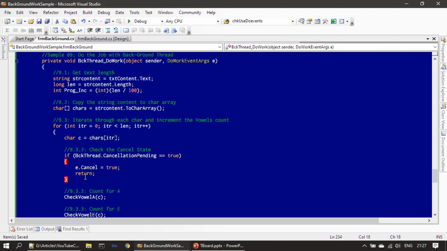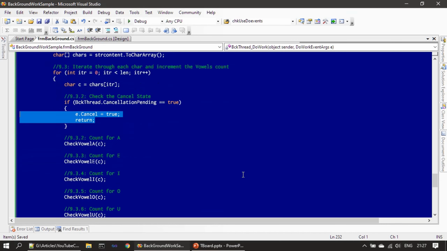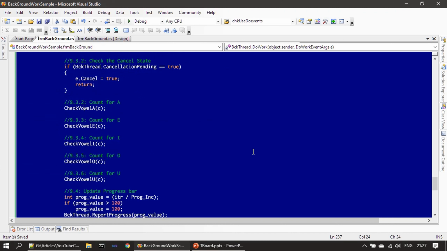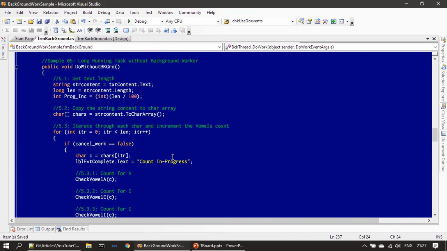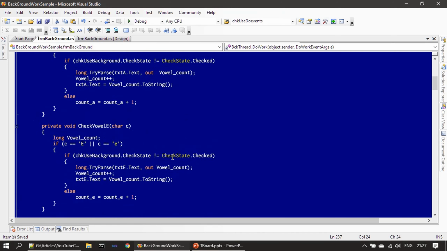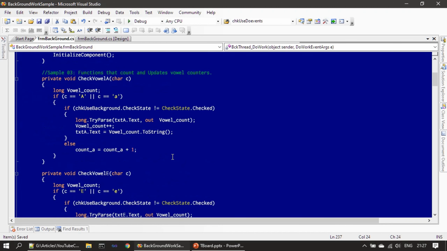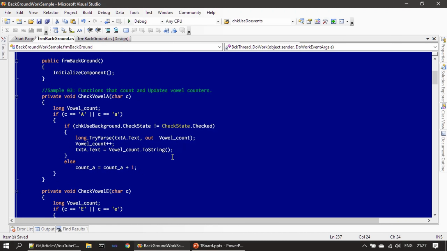So if cancel operation is not asked by the user, then we won't land up inside. And here if you see, we do check the vowels a, e, i, o, u. Let's revisit this check vowel a, e, i, o, u. Okay, this is check vowel a, e, i, o, u. We will just look at one function. If you see,